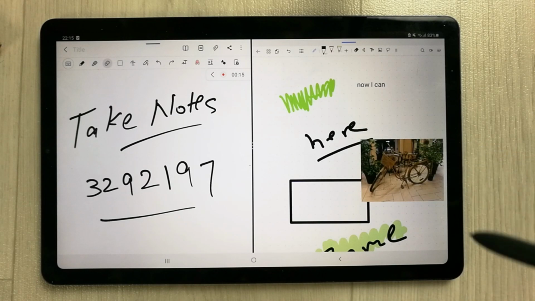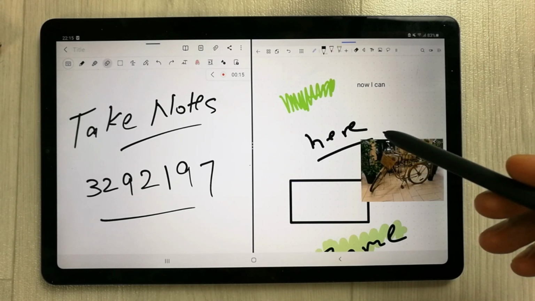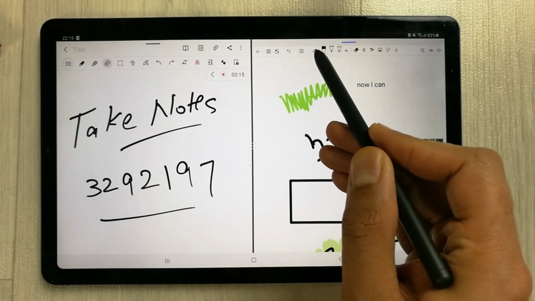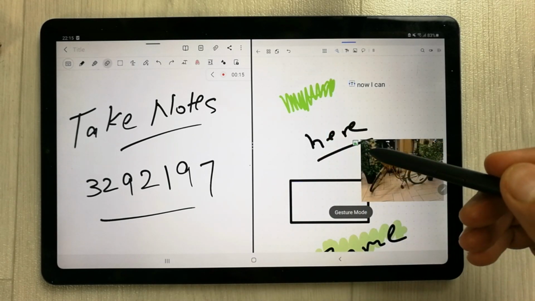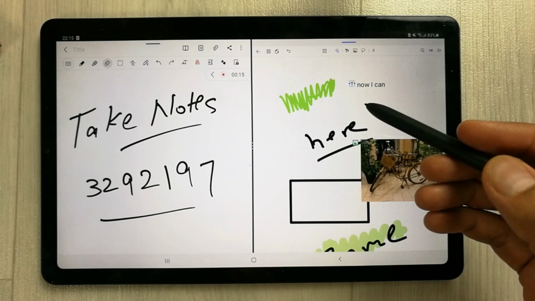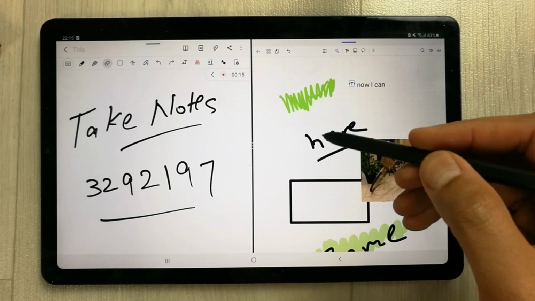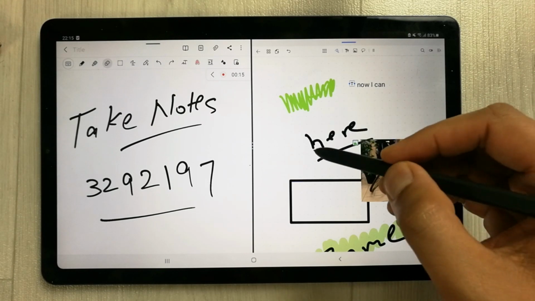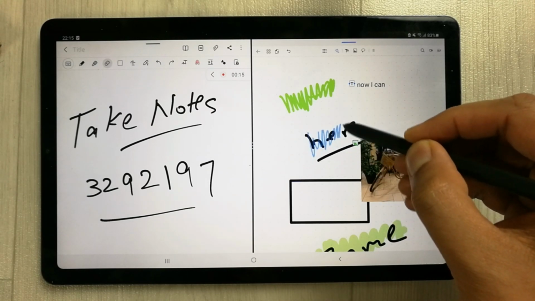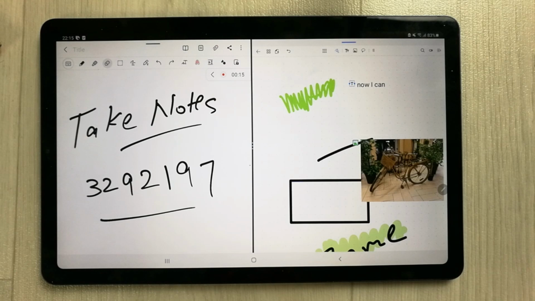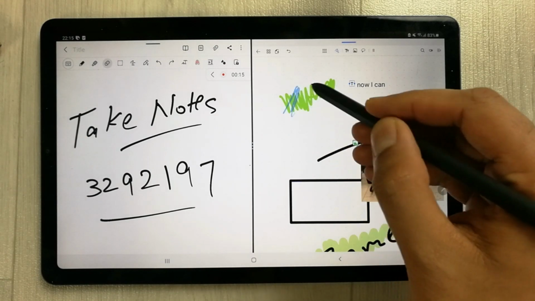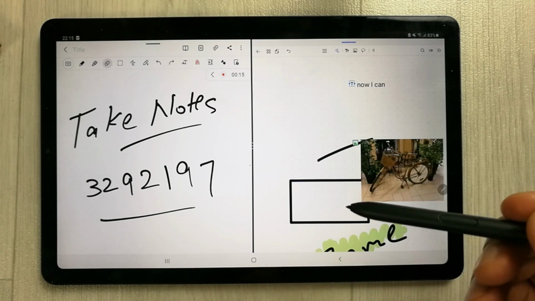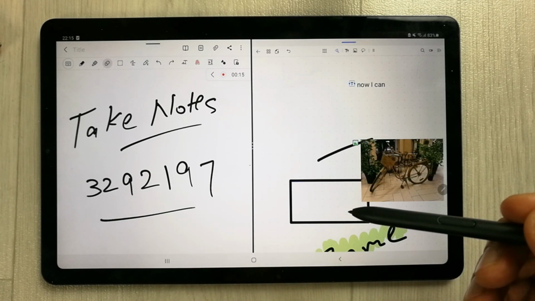So guys, the next feature that I want to show you in Flexcil is the gesture mode. So just select this tool, it's like a pen. Okay, and then it gives you the gesture mode option, so you can use your S Pen and you can do a lot. So for example, if I want to remove this, I don't want to use the eraser or anything, I just put it like this, you can see over here, and then it will remove it for me. For example, if I want to remove this highlighter, it will also remove it for me. So there's a lot you can do with this.